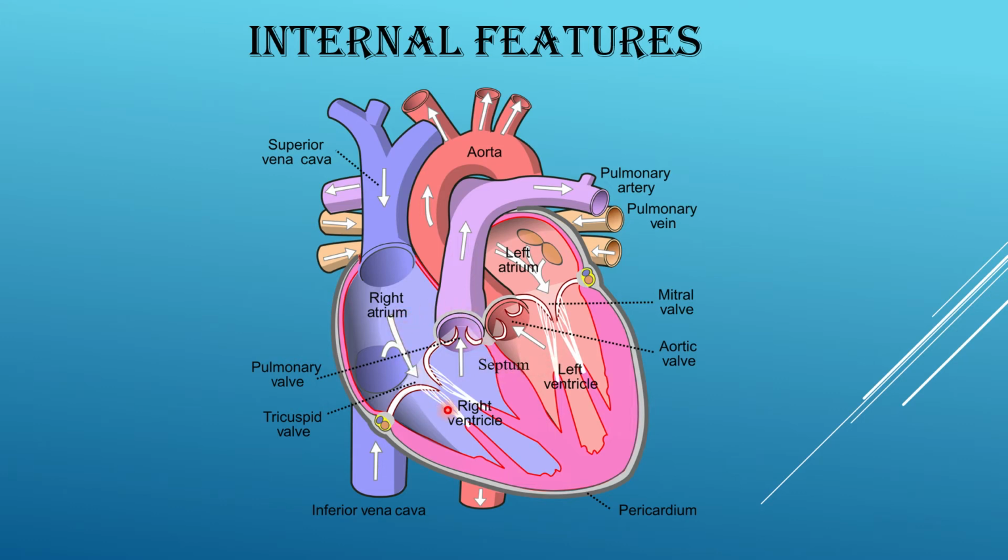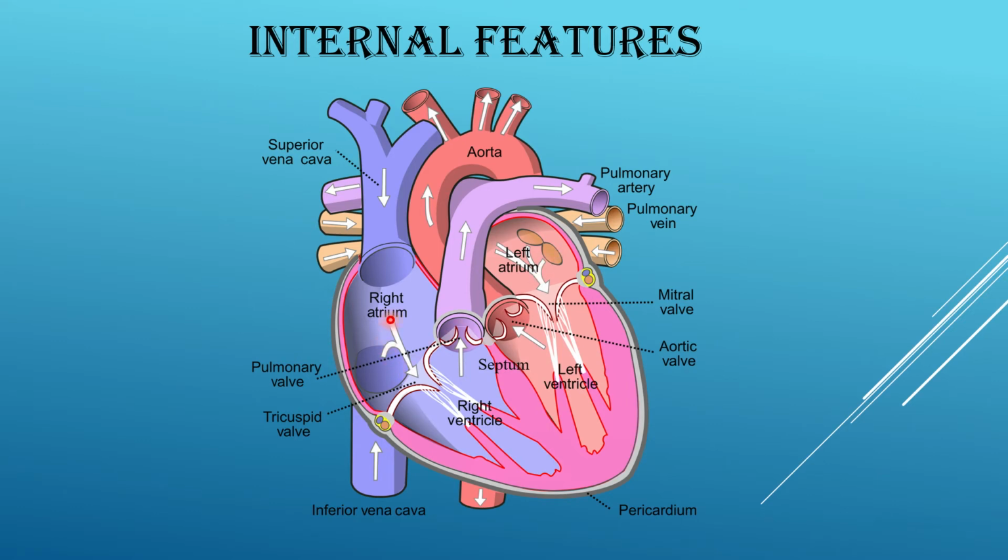Because you have already learned that within our human body, the unidirectional flow of blood occurs. The blood never backflows. Okay. So first, the four chambers. There are two auricles or atriums, right and left atrium.